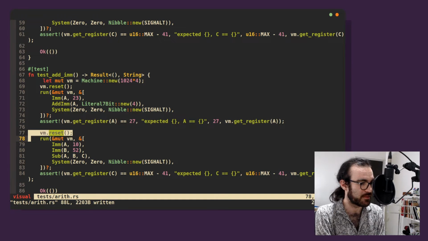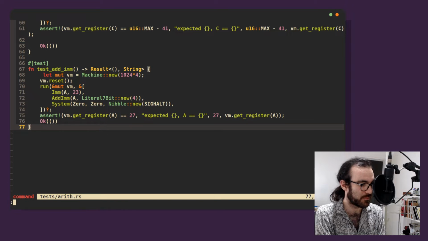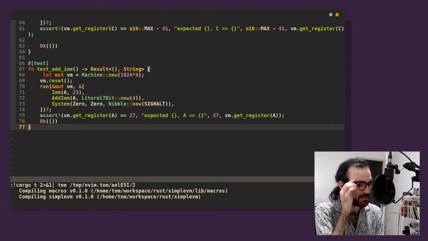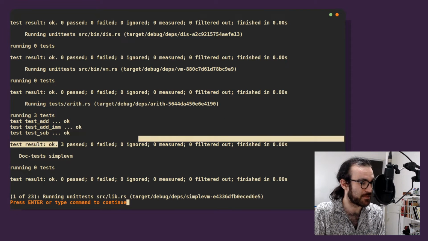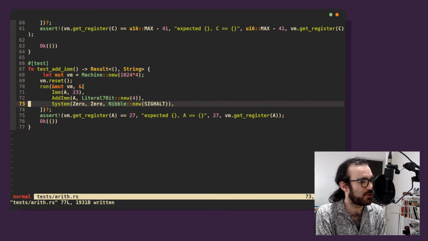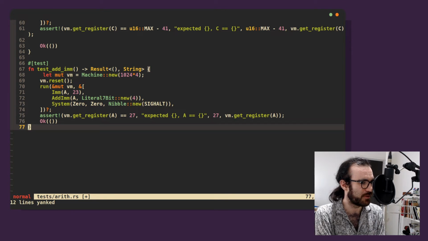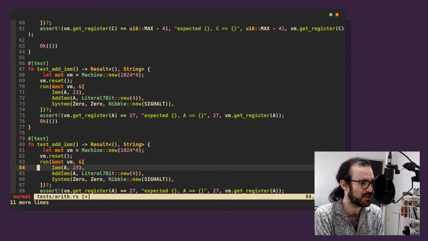Okay, excellent. Now if we test, we see this is going to pass. Excellent. So the other thing that we probably should test is what happens if we're at the top of the 16-bit range. So let's say we do this,